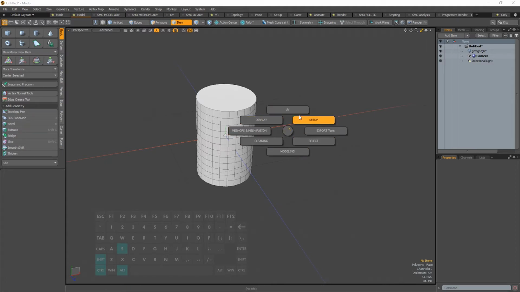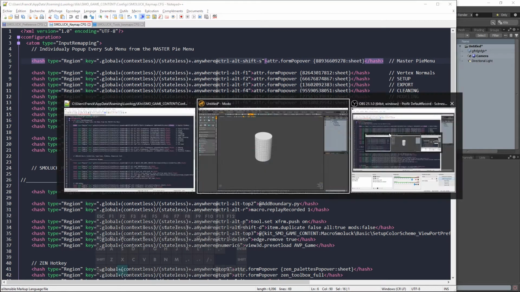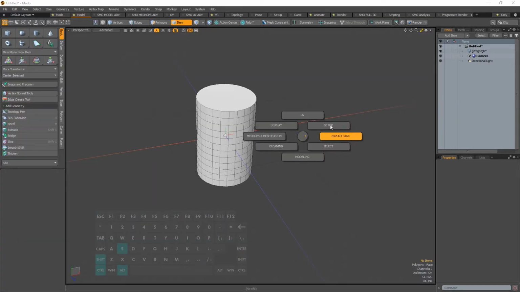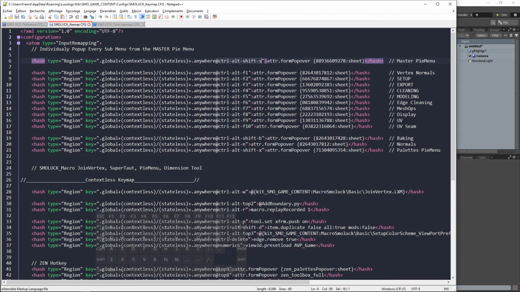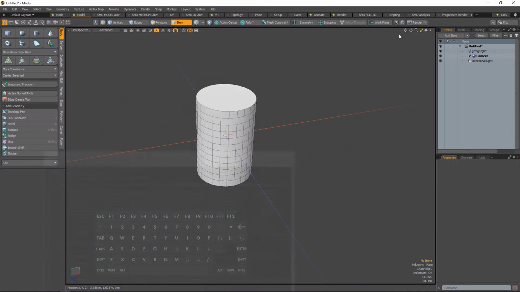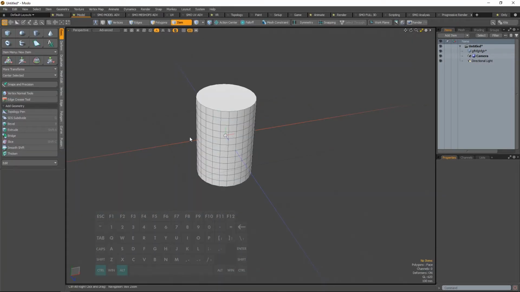So this is the master pie menu, but this pie menu and those inside it, so UVs, setup, export tools, select, modeling, cleaning, mesh and mesh open, mesh fusion, display, etc., can be called with different key mapping. So in my case, I use a mouse, a specific one, and also a gamepad that have some key mapping attached to it. So when I press those keys, Control Alt and F1,